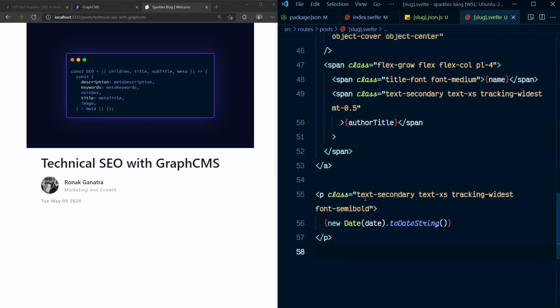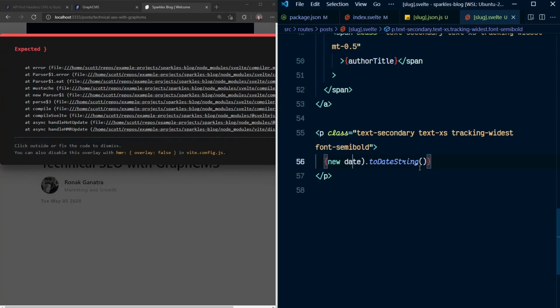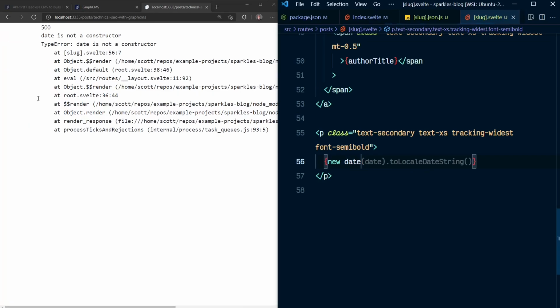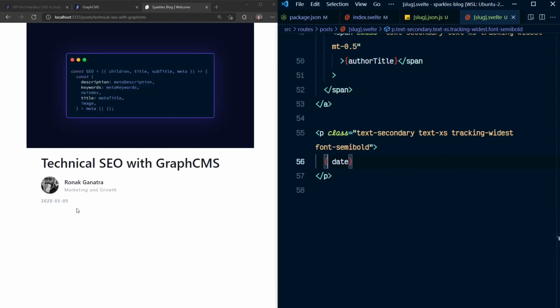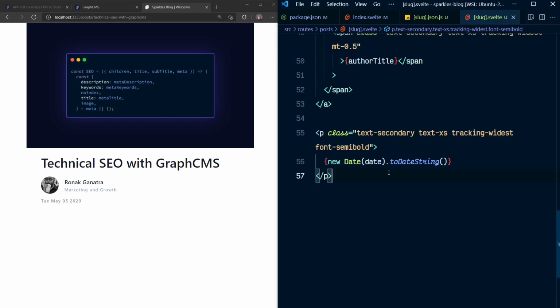So we're using the text secondary color class here from DaisyUI. And we're just formatting the date using the JavaScript date string. So let's just take a look at this without that formatting. Date is not a constructor. Oh, because I put new. Let's just take a look at that without. Yeah, so it's just a bit of nicer formatting around the date for us. Just redo that. Whoops. Sweet. Okay, so now